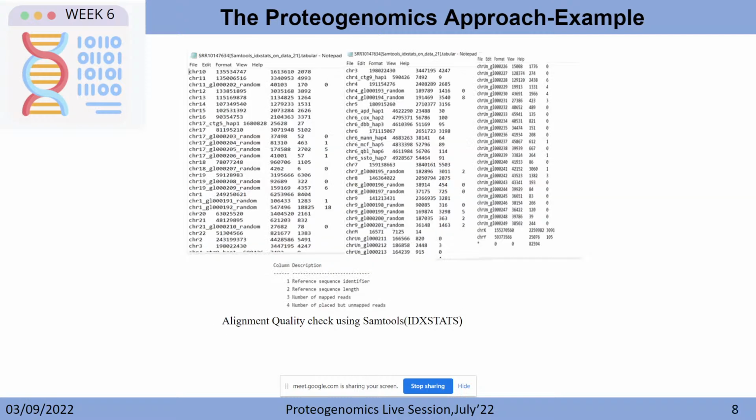So this is the example, and also what I told about SAM tools idxstats, where you want to have an alignment quality check. After it is aligned, how much is the quality, or what are the statistics? You can use SAM tools idxstats. It will give a chromosome wise report, where you can see that column 1 will be the reference